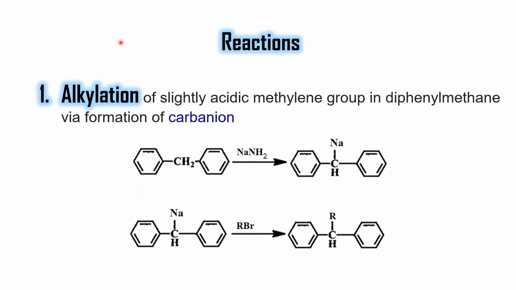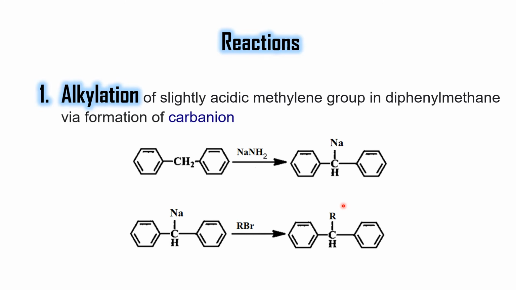So now let's move on to the reactions of diphenylmethane. Diphenylmethane, because of the presence of the central methylene group, shows acidic behavior. So it can easily form a carbanion by loss of a proton, and it will easily react with bases. So it can react with sodium in the form of, say, sodium amide to give us the sodium